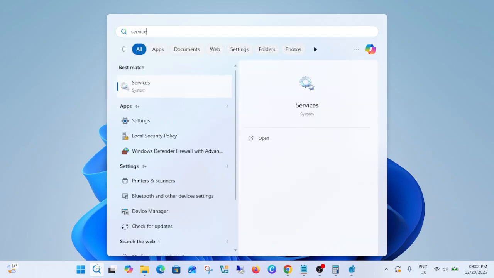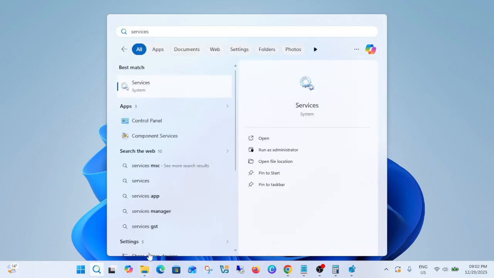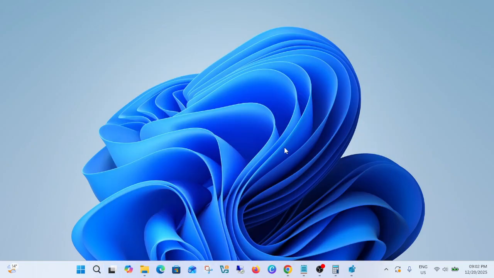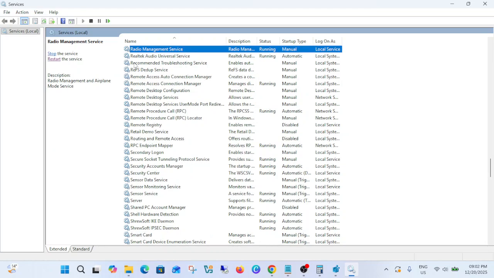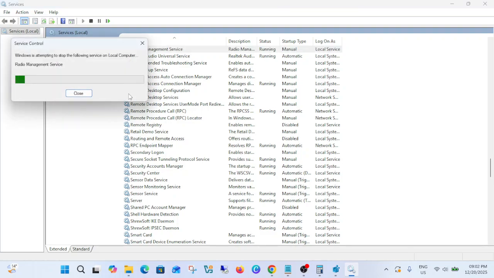So let's open the services. Since this issue is related to something else, Windows, run it as admin, and now click anywhere on it and press R on your keyboard and look for radio management service and make sure it is running. If it is not running like this,